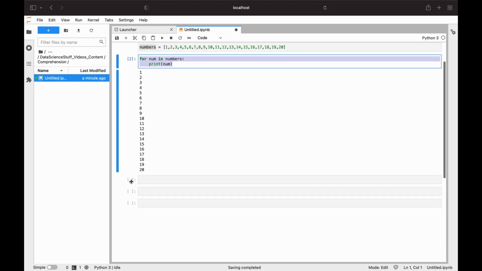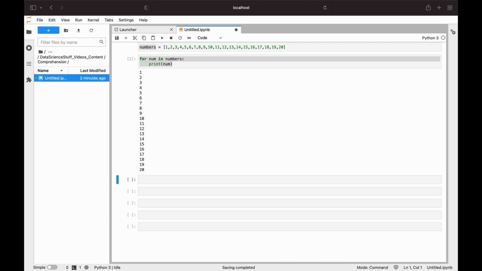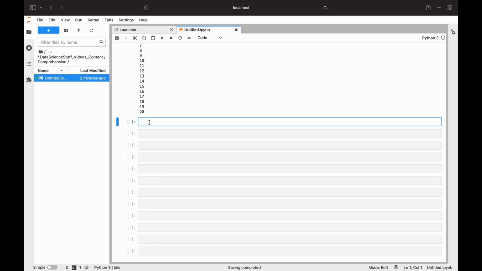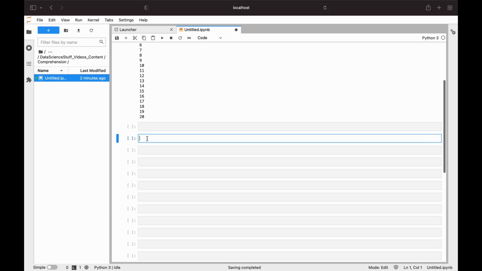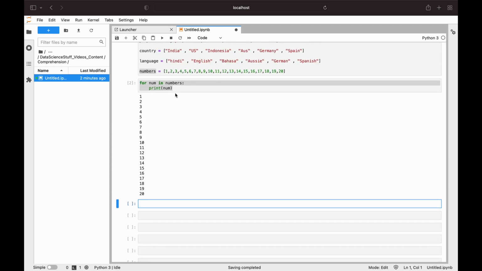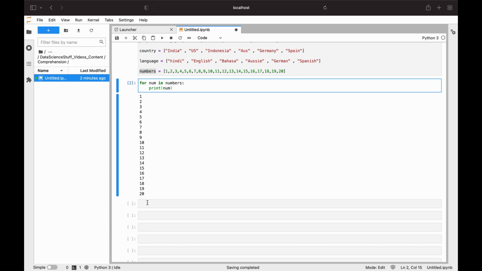Now let's say that you want to build a new list altogether from this. So let's just increase the number of cells here. By the way, if you are working in Jupyter notebook and you want to increase the number of cells, you just tap on the square brackets and press A and it adds a cell. It's a very cool trick I learned after a long time using Jupyter notebook, so I just thought to share it with you. All right, so if you want to create a new list from an existing list,